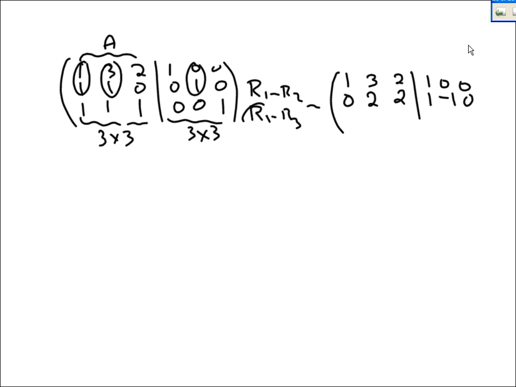Then I do row 1 minus row 3. 1 minus 1 is 0. 3 minus 1 is 2. 2 minus 1 is 1. 1 minus 0 is 1. 0 minus 0 is 0. And lastly, 0 minus 1 is minus 1. So I have this matrix. And if you were to continue to reduce this,